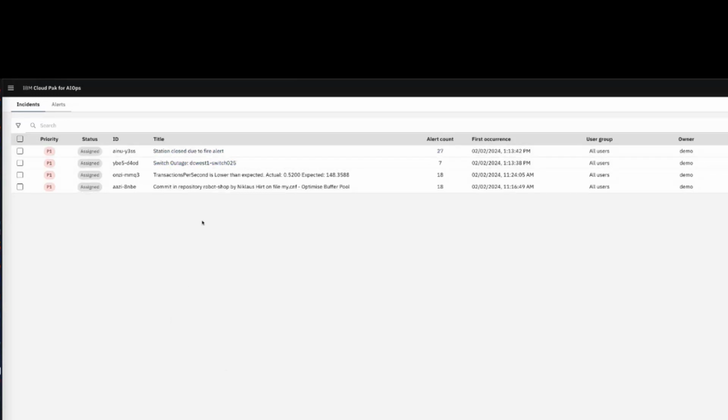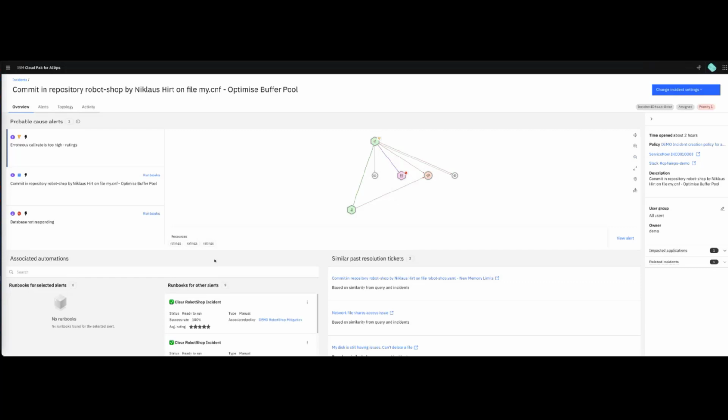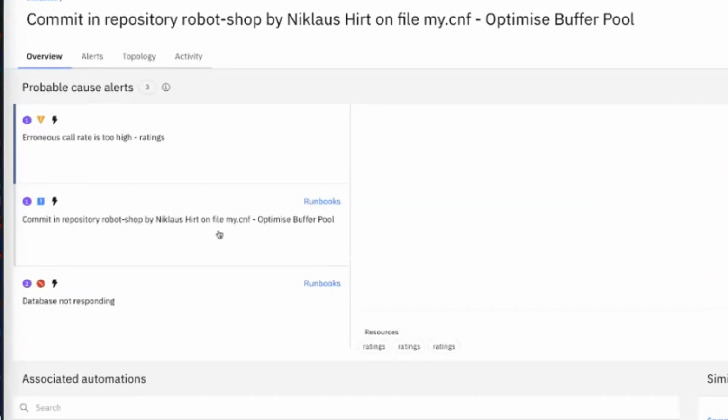But what I want to show, the most interesting one, is this one here for Robot Shop, just to walk you through quickly what you can expect and what you can see. First thing that I see is here the probable cause alert. Cloud Pak for AIOps has a mechanism to detect and to tell you, I think that the incident that you have is caused by those 3 top signals that I got. So I had a commit in a repository apparently, so a code change, because a problem, an incident, is